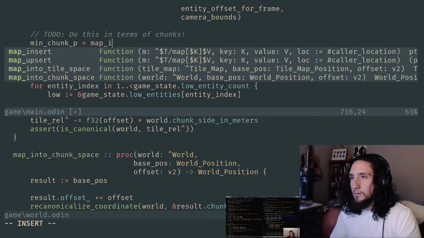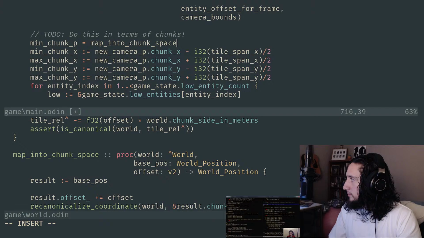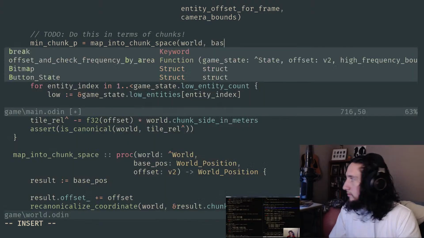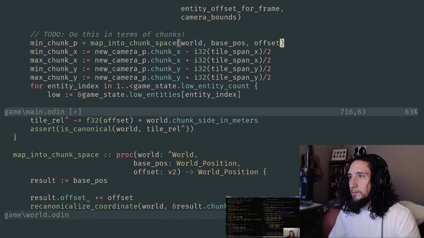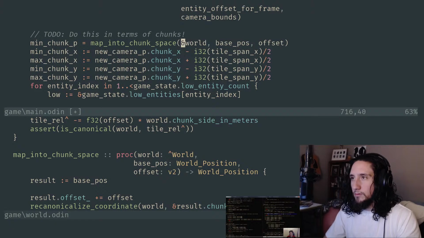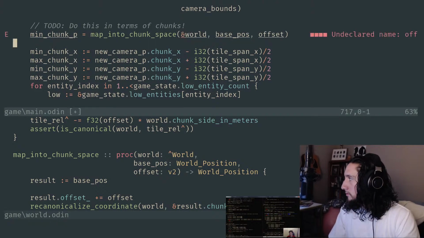Let's actually think this through for a second, because we may also have a slight mistake here, or just something we have to think about. What we want to do is go through and move our entities slightly, and then it's going to do the move and check against the camera bounds, which is this right here. So when we check the new state, we want to use the new camera position, because that is what should pull things in. That's what should pull in the new things.